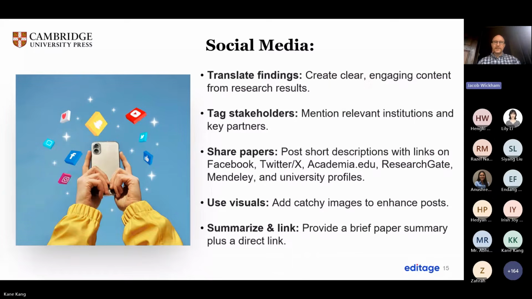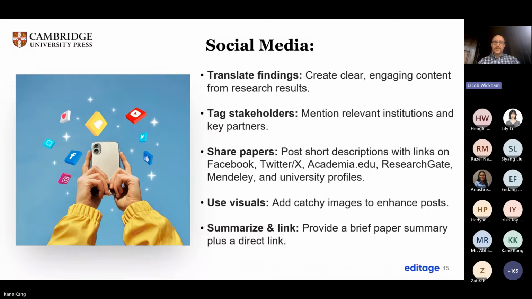When you make these posts, you can tag stakeholders. You can tag your publisher. As a journal editor, I frequently work with authors, and you can tag authors, you can tag the publisher on your posts, and that way your social media posts can reach a wider audience and get more views, and hopefully more people will click on the DOI number. So make sure you put a link to your paper. Not only do you want people to learn about the paper, you want them to actually read it. So put in those links as well.